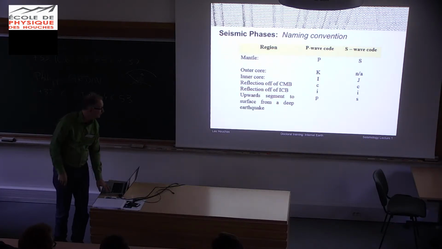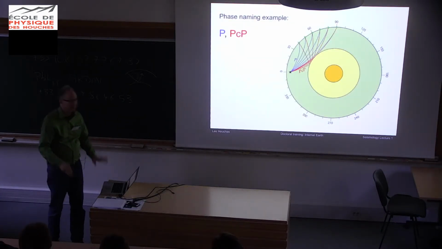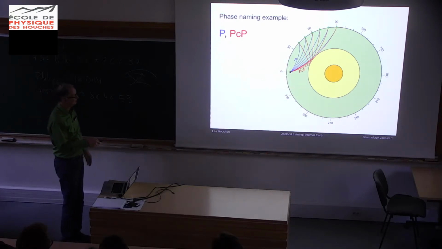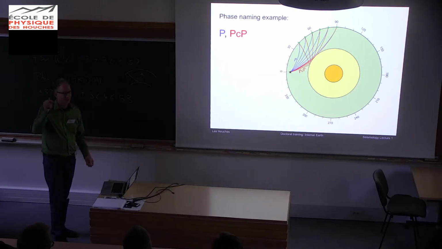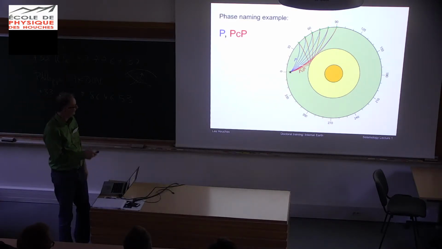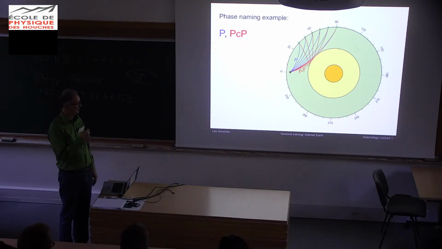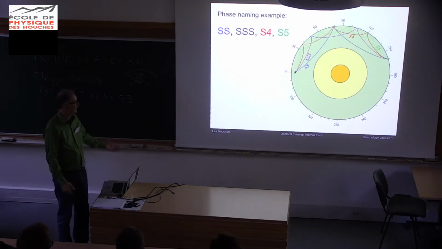So for example, and stop me if you have questions. Here's a P wave. It didn't do anything. It went down as a P and got somewhere. So it just has its letter P. The red ones, though, bounced off the core, and the core gets its little c, so PcP. Simple, right? Every little thing just gets another letter. Now, if I drew the waves going up and then going down and bouncing off the core, we would literally say little p, PcP.